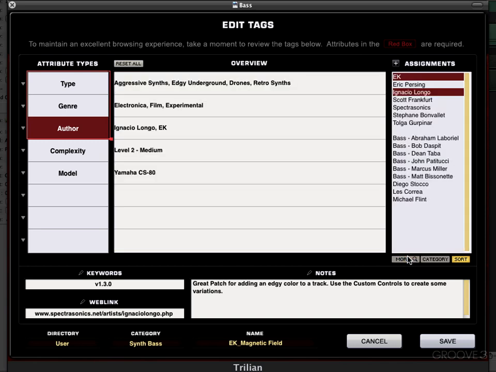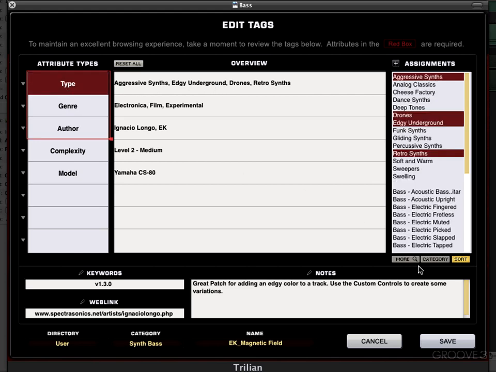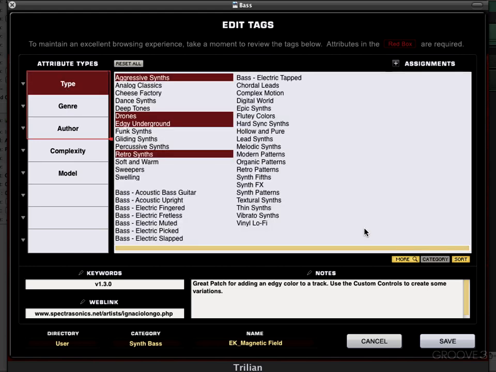This isn't a great choice because there's not that many there, but let's say we're looking at type. Now if I go More, we'll see them all at once. So we see the used tags highlighted in red here. When we hit the category button, it highlights all the used assignments for the entire category. So all these ones in red, these are all assignments that are used somewhere or another in this category of